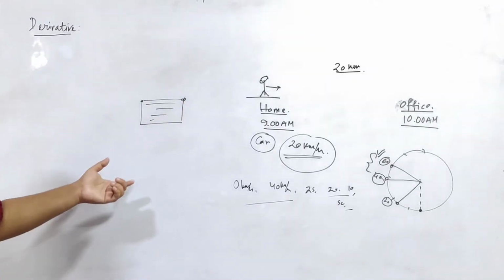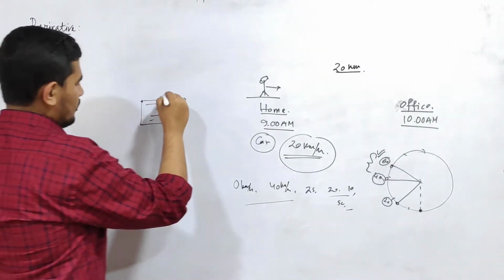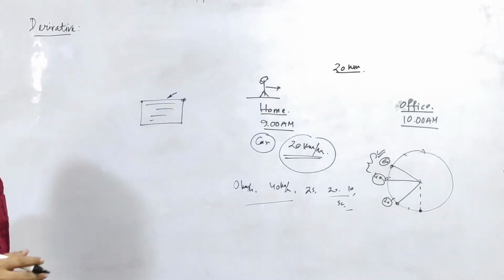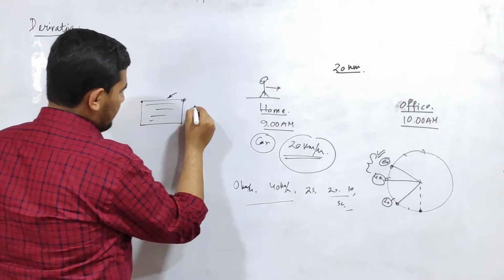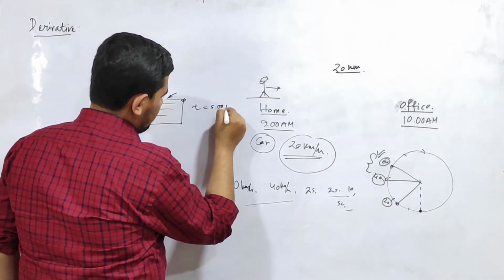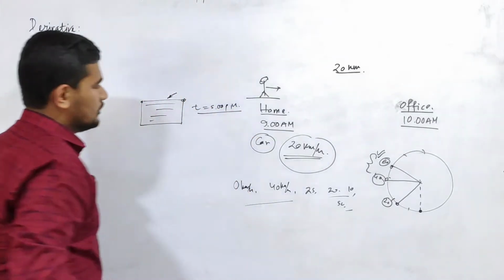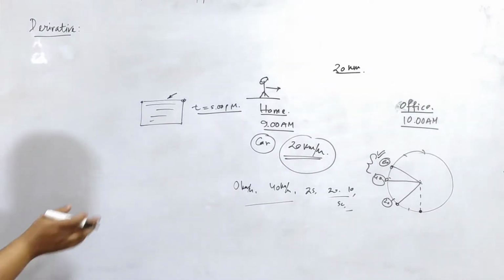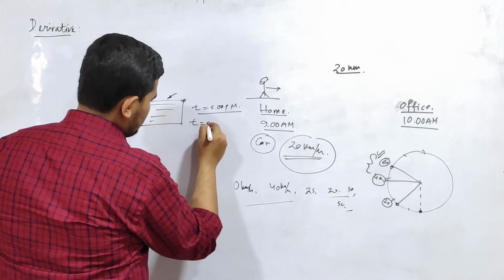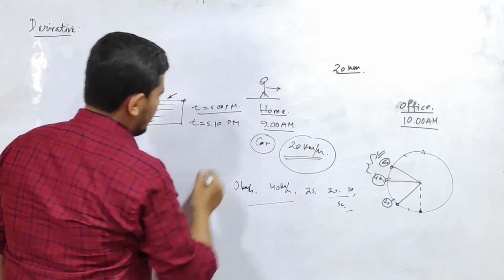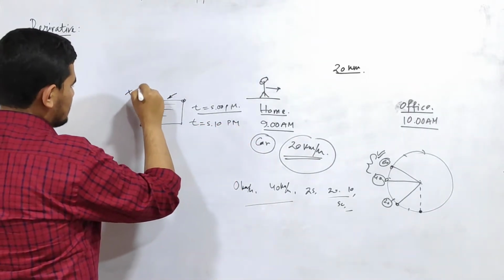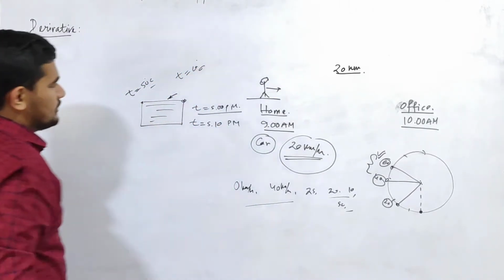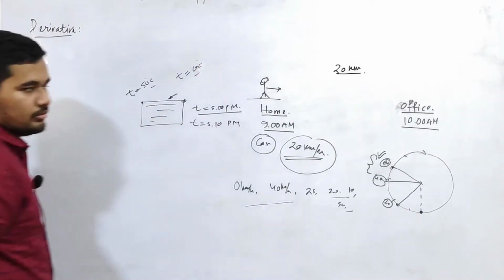In the evening you are having a cup of tea. The temperature of the tea doesn't remain constant every time. Suppose you are having tea at 5 p.m. Suppose you went outside for some of your work, and when you return, let's suppose this is 5:10 p.m., then if earlier it is 50 degrees Celsius, now it will come down to 20 degrees Celsius. So everything is changing with time.